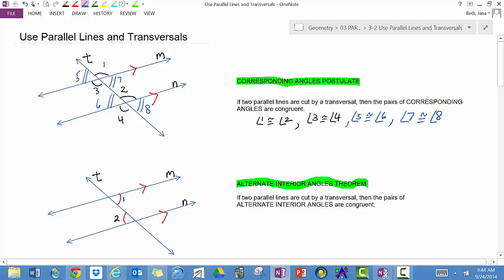8. Alternate interior angles, they are also congruent. You've got 1 and 2, and these are 3 and 4. So angles 1 and 2 are congruent, angles 3 and 4 are congruent. Just a reminder, alternate interior angles